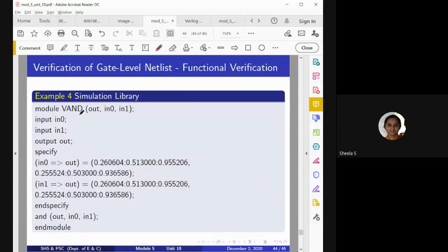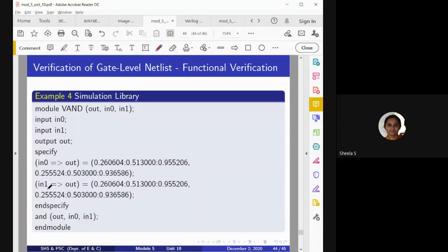If we are considering AND gate simulation defined by the vendor, then we mention the corresponding output ports and corresponding input ports. And here you can observe that we are considering in1 0 equals out, and this is minimum, maximum and typical delay. You know about these things, isn't it? So one is rise time and the other one is fall time. So here also, if the input is 0, what is the corresponding rise time and fall time delay it has to take to send data to the output? And similarly, if the input is 1, then how much rise time and fall time it has to take, that we are going to specify.